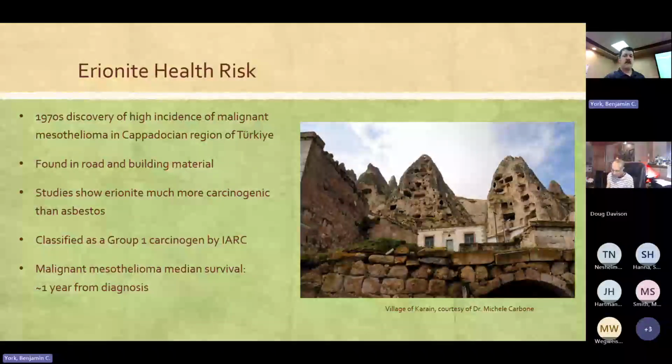And so one of the big things is mesothelioma is pretty rare unless you have obvious asbestos exposure. So people that deal with asbestos a lot, there's quite a bit of mesothelioma. But beyond that, the general population is very low, like 0.00 percentage points. Some of these villages in Turkey were having mesothelioma rates of almost 50%. So basically half of the deaths in these towns were attributed to mesothelioma. So that raised some big flags when these researchers found this, because you just don't see those kind of numbers